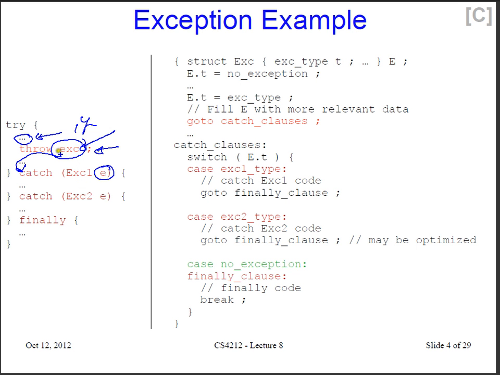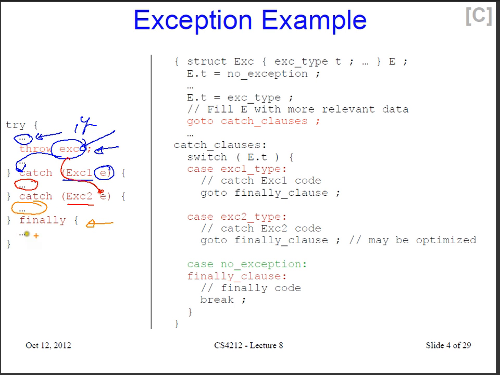The type of exe is considered, and if the type is this one, then this guy will hold all the information in its expression, and the code that is placed here is executed, right? Otherwise, if the type of the exception is exe2, then this expression will be stored in E, and this code will be executed, right? So the type of the exception is important. If none of the types match, if it's a third type, it means that the exception has not been caught and handled. Now Java, as opposed to C, has a finally